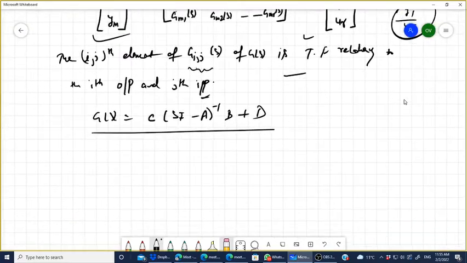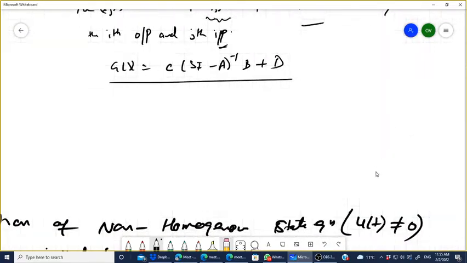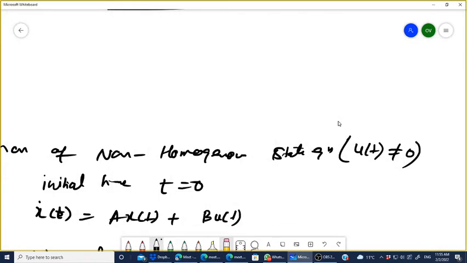Okay, now think about another type of equation,